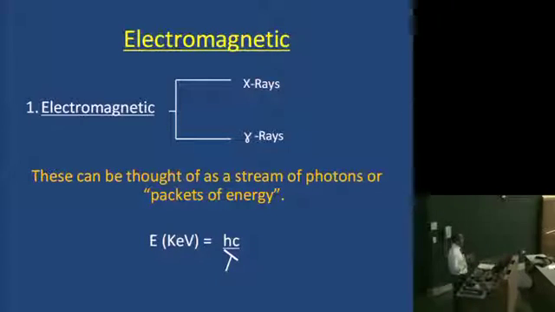There are 2 kinds of electromagnetic radiation. One is X-rays, which are produced at high voltage in vacuum tubes, where electrons are accelerated and hit a target consisting of tungsten or gold, and X-rays are produced. Gamma rays are produced intranuclearly through decay of radioisotopes. And there's a simple relationship between the energy of electromagnetic radiation, frequency, and wavelength.